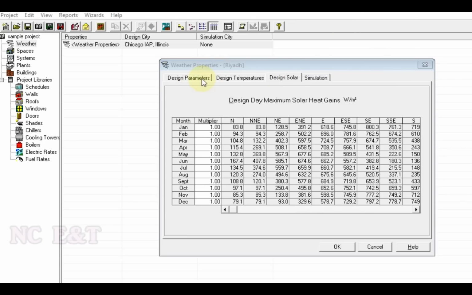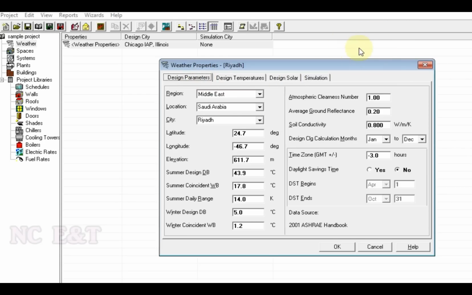Let us now fill in the values manually for a city that is not mentioned in the list. For example, let us do it for the city Yanbu.